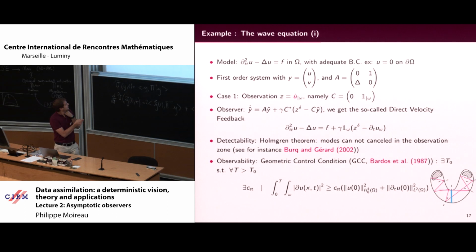Exactly. In fact, you get this equation from this one. You compute the error, you get u tilde, you kill this term, and then you compute the energy. This part will give you a conservative term that will give you the time t and time 0, and this term is the integral of that.